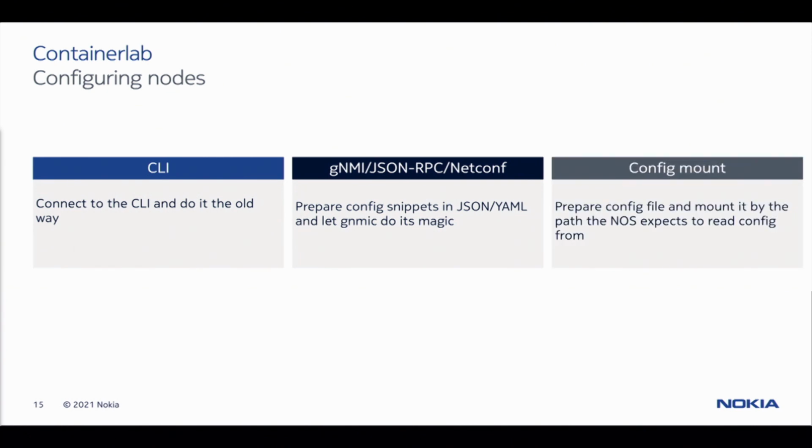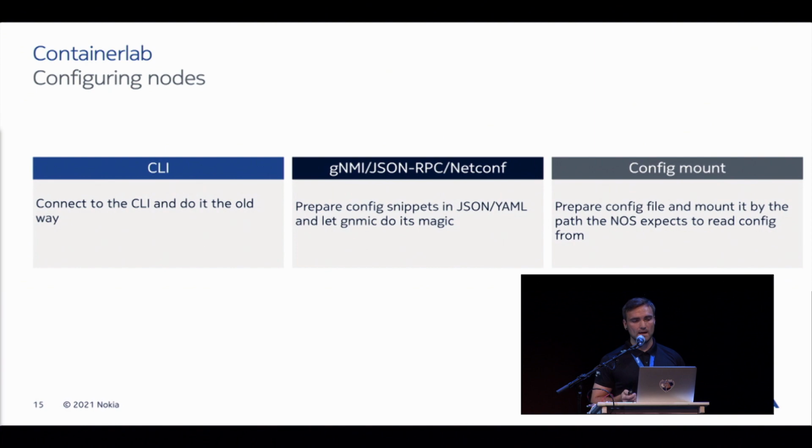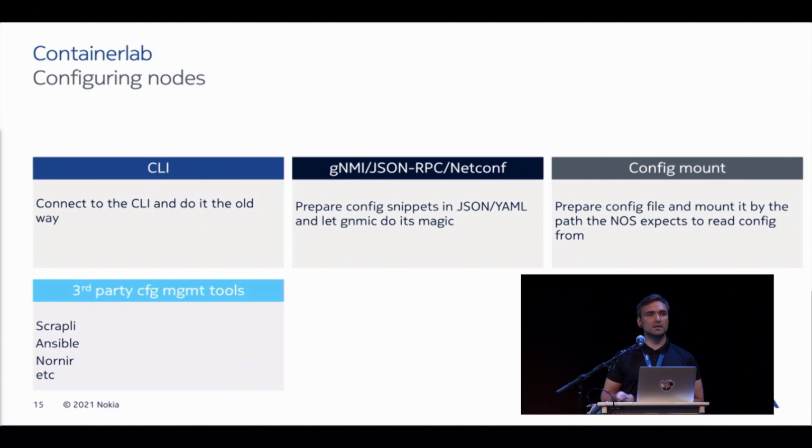You can also use config mounts, so you can bind a file from the host to the container, and you will have your configuration used as a startup file, and the node will start with that. Of course, you can use third-party configuration management tools because your containers have IP addresses. You can use Scrapli, Ansible, Nornir, what have you, to configure the nodes